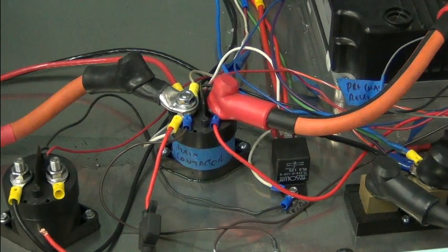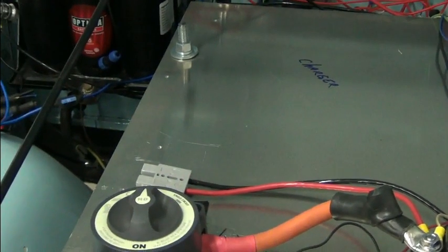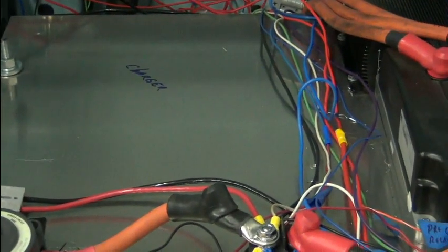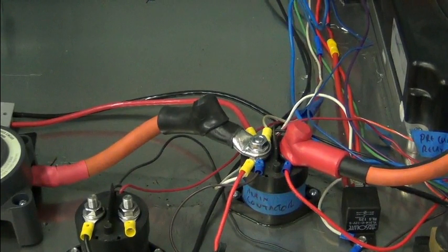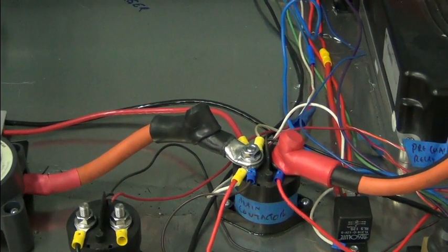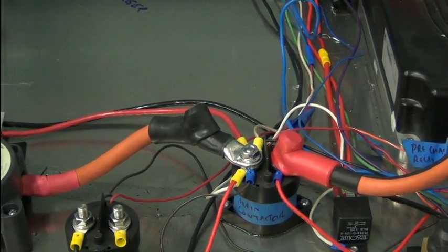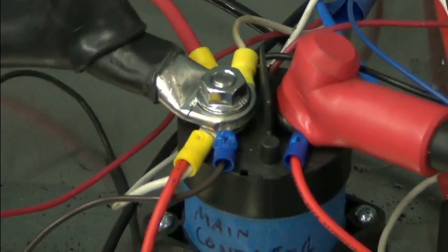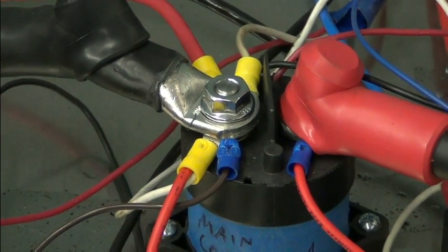We've removed the charger and the brackets that held the vacuum reservoir and vacuum pump, if you refer to earlier footage here. What I wanted to show you now is, as I'm disassembling this, all of a sudden I see a teachable moment, and so that's what this is. So I want to show you how this, zoom in here. Sorry for the shaky view. So what we have is the